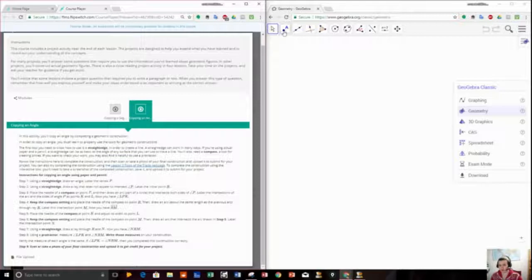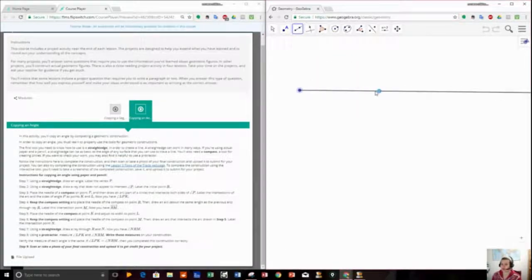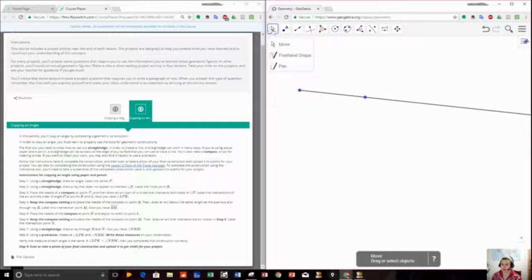So if you go 1, 2, 3 from the left and click the line with 2 points on it. It's line, segment, segment with given length, and ray. Select your ray and click any 2 points. And then the names are not showing again, so I want to click my mouse icon and